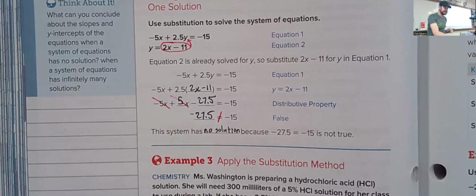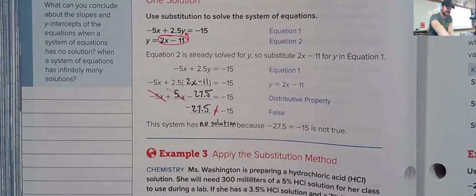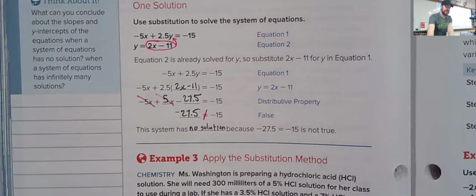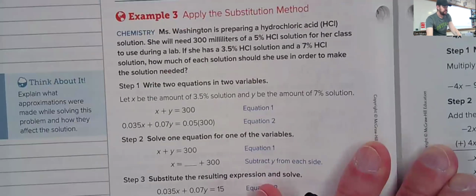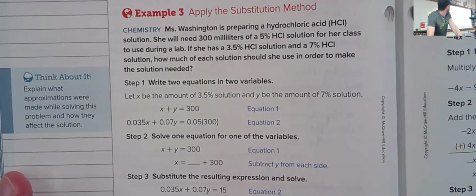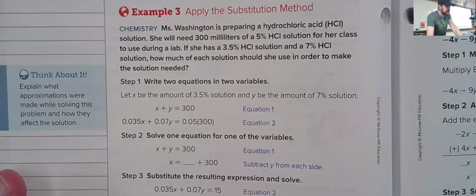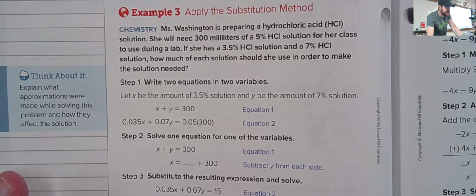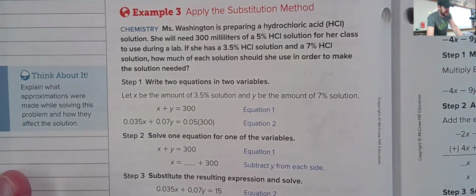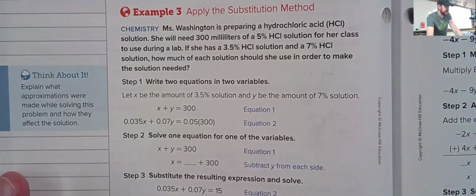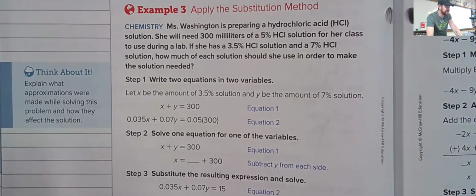All right. Example 3. This is our last substitution method. Then we're going to go on to elimination. So here we go. Apply the substitution method. Miss Washington is preparing a hydrochloric acid solution. She will need 300 milliliters of a 5% HCl solution for her class to use during the lab. If she has a 3.5% HCl solution and a 7% HCl solution, how much of each solution should she use in order to make the